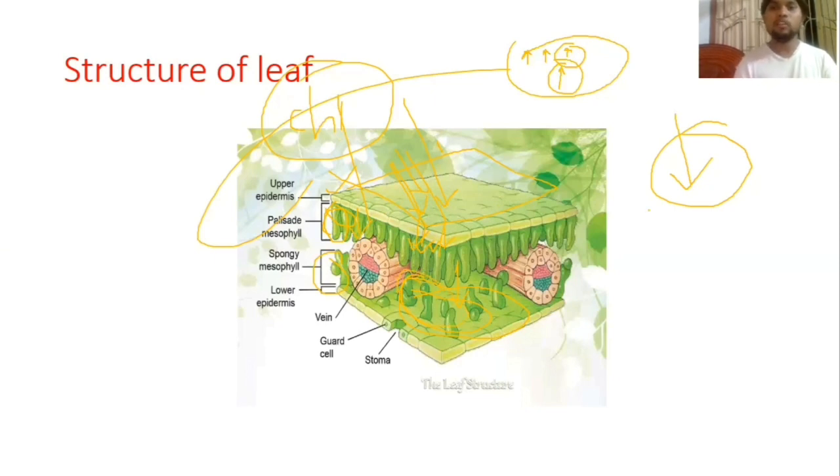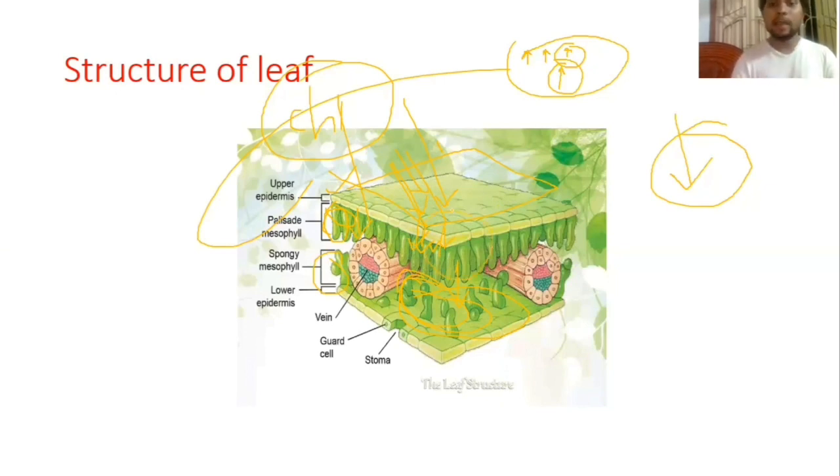Now, spongy mesophyll cell is the opposite of palisade mesophyll cell. It has a lower amount of chloroplast. Lower amount of chloroplast means lower amount of chlorophyll. Lower amount of chlorophyll means the photosynthesis is minimum. Okay, but together with palisade and spongy mesophyll cell, the photosynthesis process is taking place in a higher amount. So now,